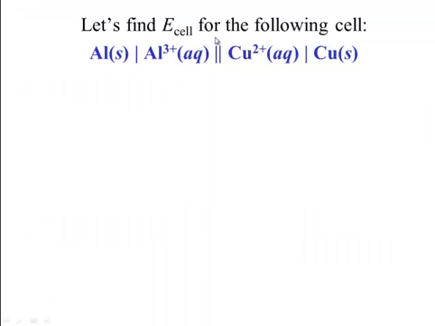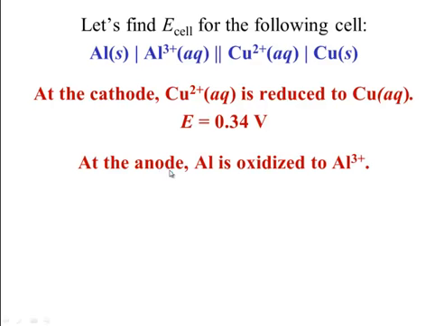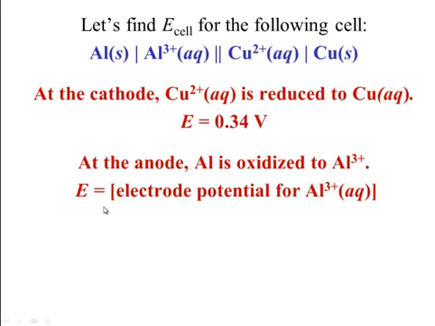Now let's find out the standard EMF for the following cell. At the cathode or the right half electrode, copper ions are being reduced to copper atoms, and the electrode potential of copper electrode is 0.34 volts. At the anode or the left half electrode, aluminium is being oxidized to Al3+, and the electrode potential for aluminium